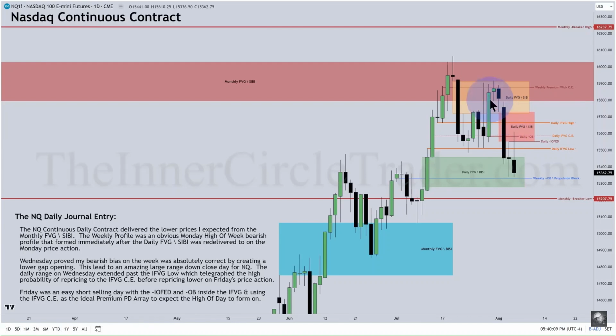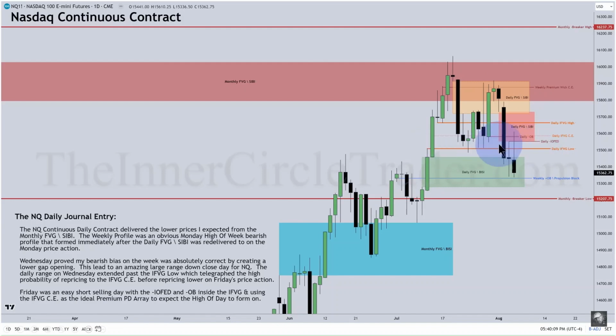Like what? We have a higher time frame monthly fair value gap. We went up and repriced to it. We went up to it one more time, halfway, consequent encroachment. And we also rebalanced this area here because we went up into repricing it and then we left the range there. So now this is a balanced price range. And we had 1, 2 premium arrays supporting what? Lower prices. So as soon as we pierced through this low here,